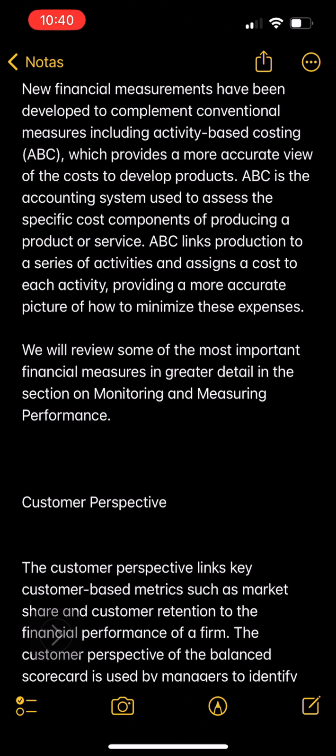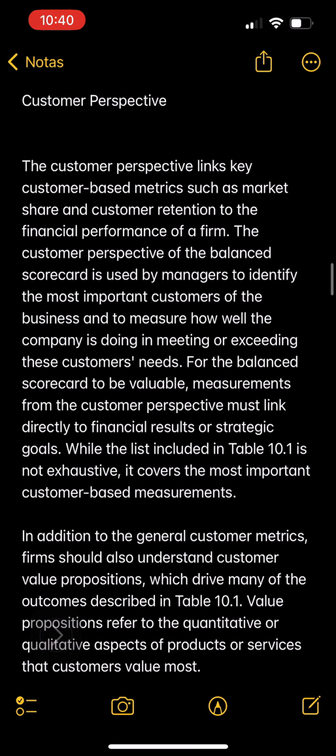ABC is the accounting system used to assess the specific cost components of producing a product or service. ABC links production to a series of activities and assigns a cost to each activity, providing a more accurate picture of how to minimize these expenses. We will review some of the most important financial measures in greater detail in the section on monitoring and measuring performance. Customer perspective. The customer perspective links key customer-based metrics, such as market share and customer retention, to the financial